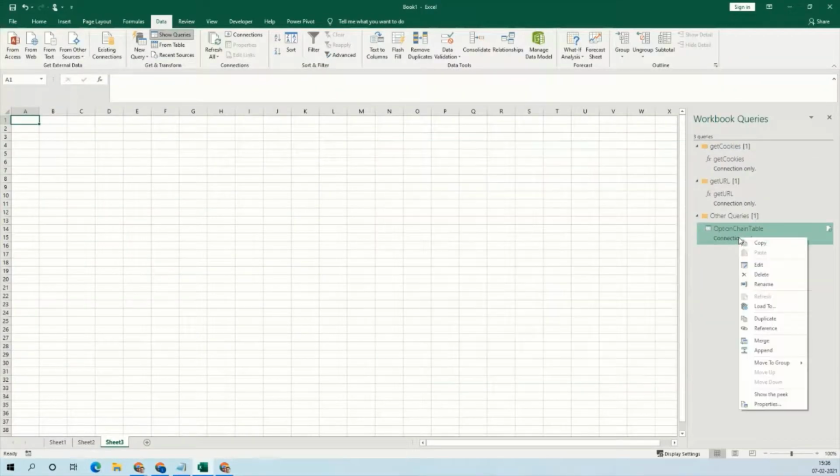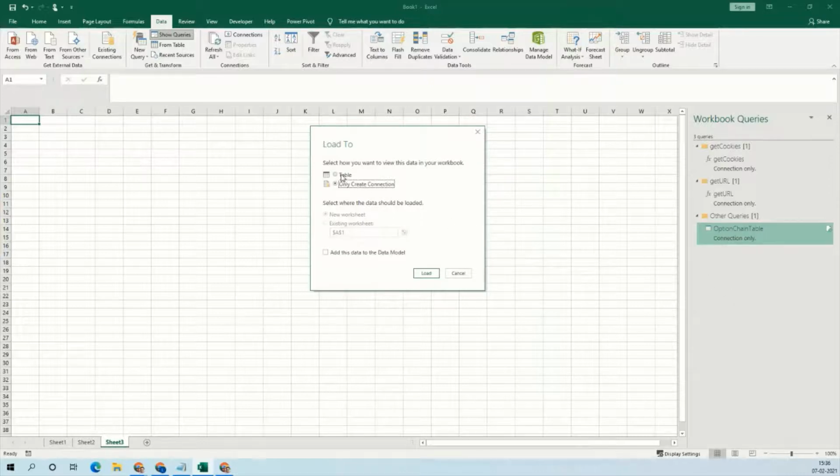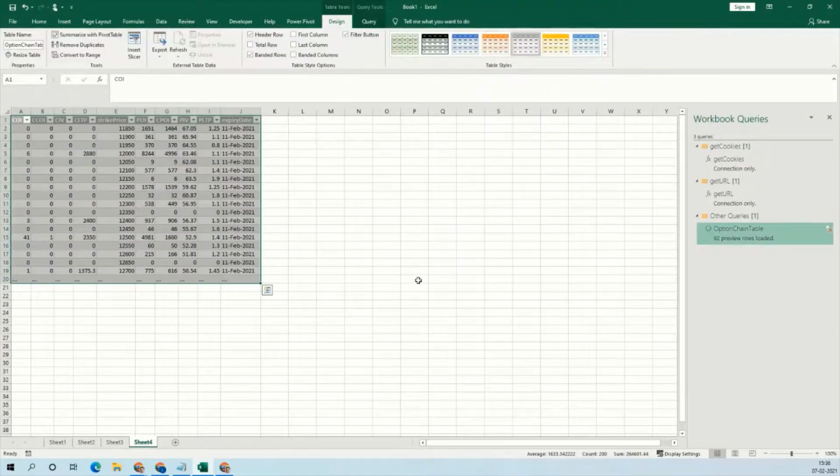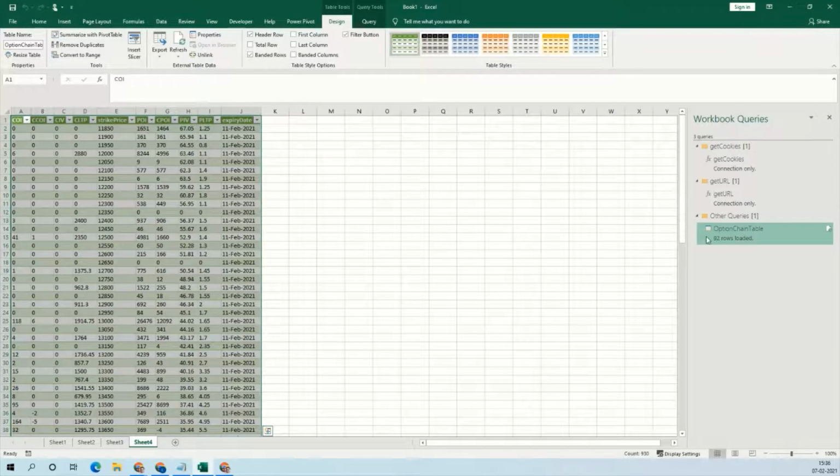Then I will say load to a particular sheet, convert this to a table, check this, add this data to the data model and then say load. What it does is create a new sheet and load the entire thing there. Okay, so we have the option chain table for